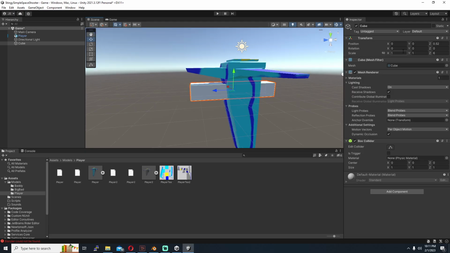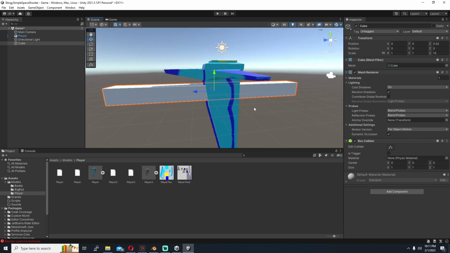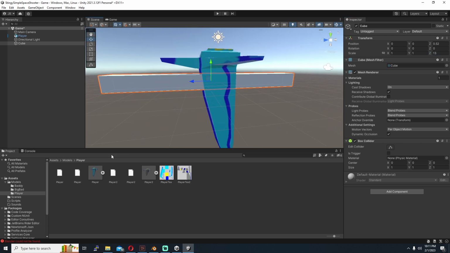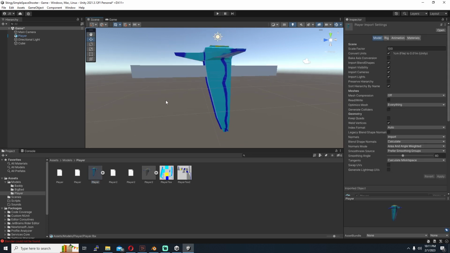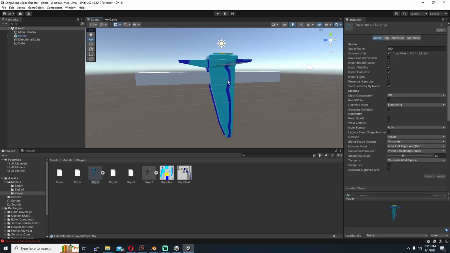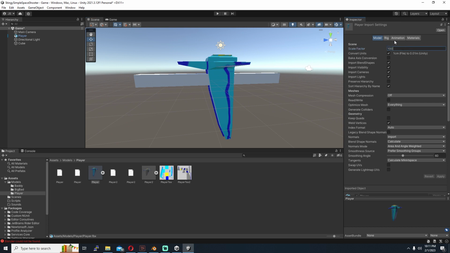Okay, so I've checked, and an F-15 fighter is 13 meters across. So I'm going to set this z-axis to 13 on our cube. And this is about how long we want our player model to be. So to mess around with the scale here, we're just going to change the scale factor